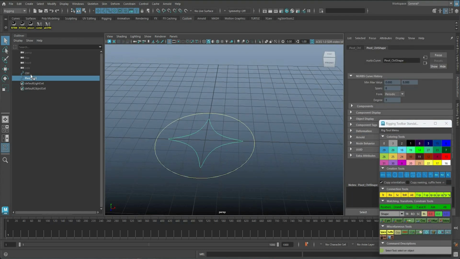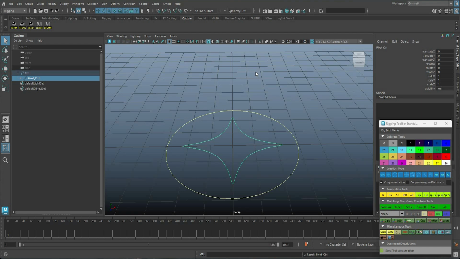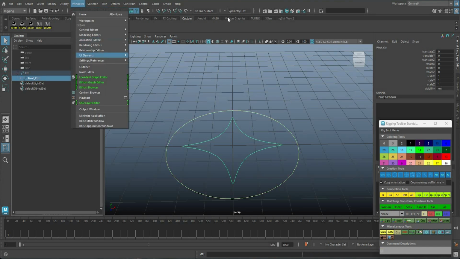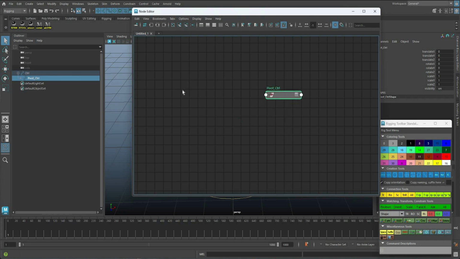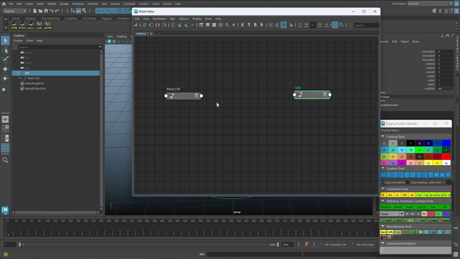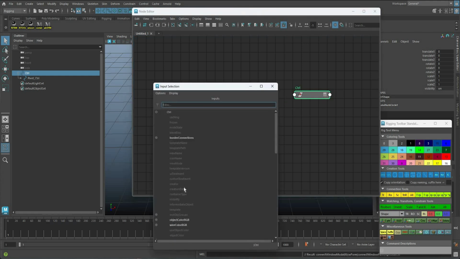Now, the first way to go about it is to have it parented under your control, like that. And obviously make sure you don't have any scales anywhere, because that's a bad thing to have. Then in our node editor, first of all, display no shapes. We don't want to see shapes. We just want to load our control and our pivot control. And what we want to do here is get this pivot control's translate